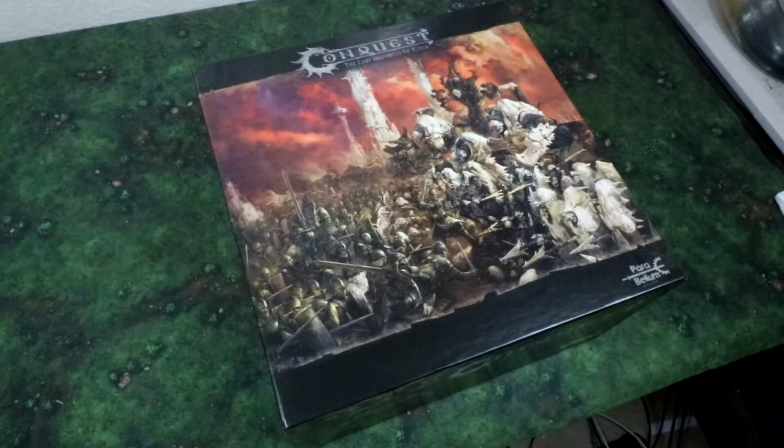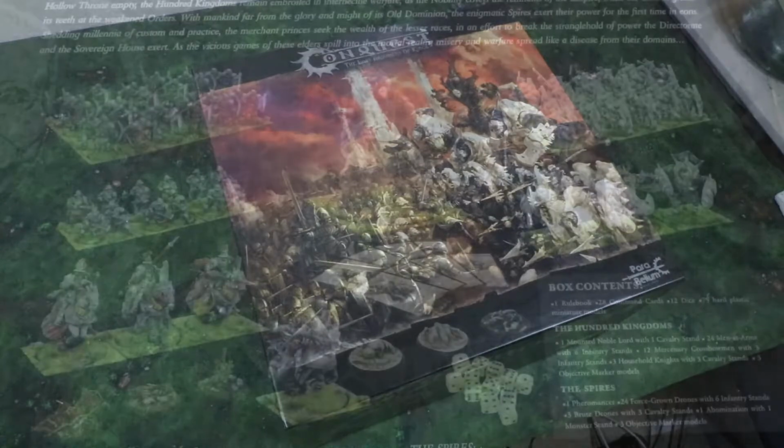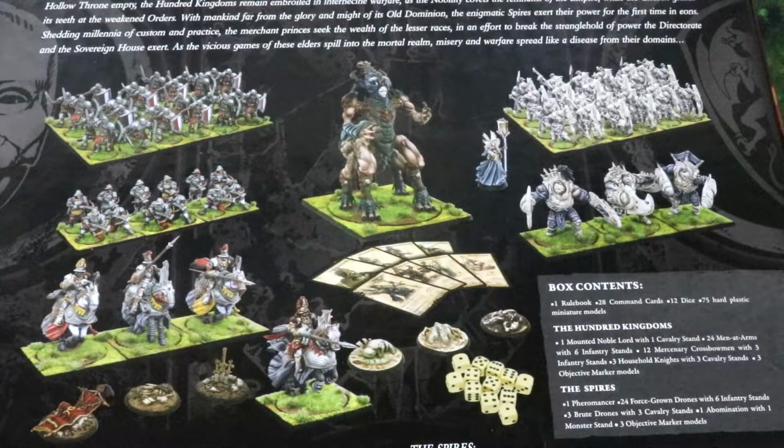The back of the box has a solid overview of what comes in it, so we'll run down that real quick and then we will pull everything out and take a closer look. So I will be right back. And I'm back. So I have flipped over the box so we can take a look at the overview real fast. In the box you are going to get your rulebook,